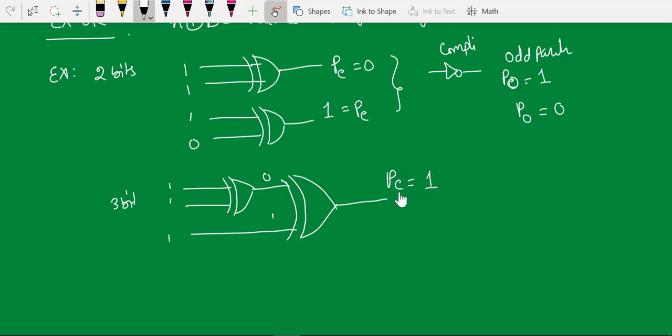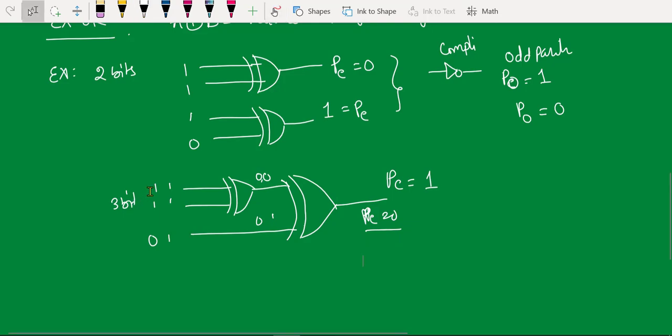So it is producing the even parity bit. Similarly, if you are having, let's say, 1 1 0, in this case 1 plus 1 will be 0 and 0 plus 0 will be 0. That means it's producing the even parity if you are having 3 bits.